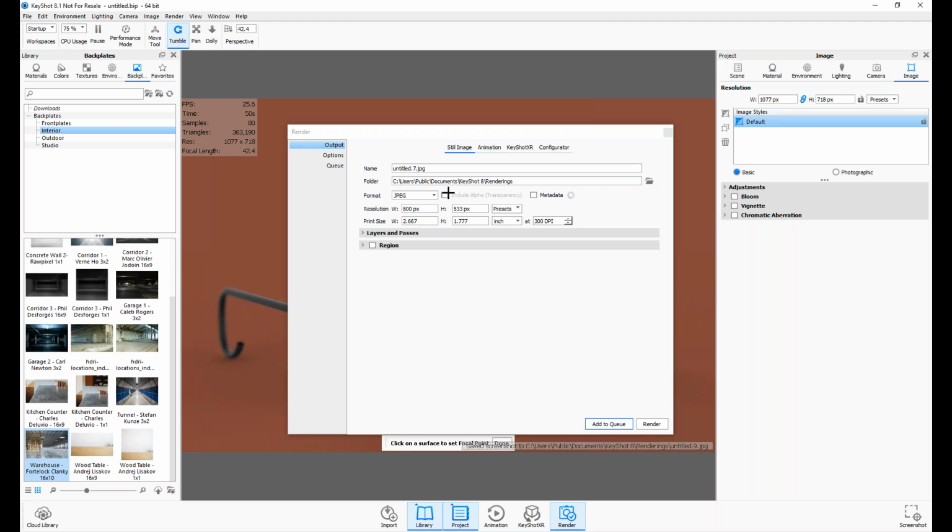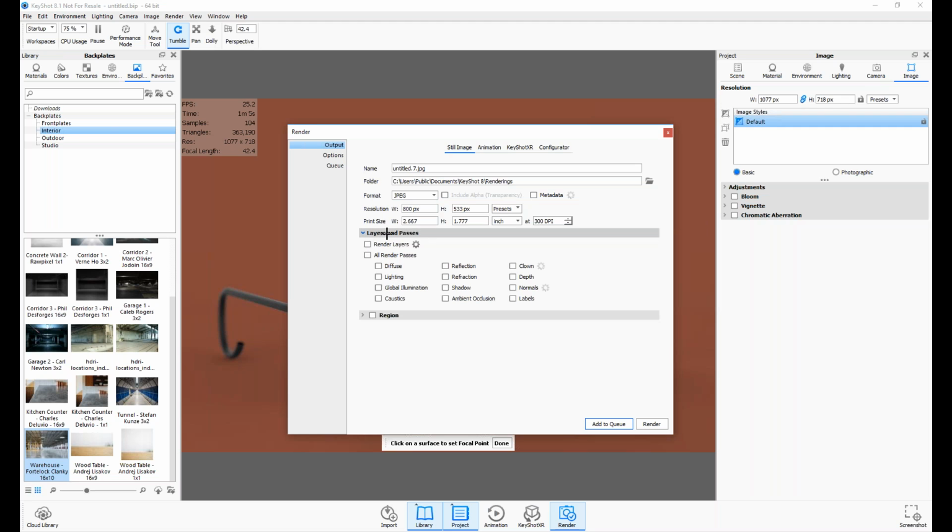render tab, and within the rendering option, we have the ability to give our file a name, a format, and then designate a folder. We can always specify the resolution here as well, and we can choose different layers and passes to export. So if you plan on having multiple passes to increase the quality of a final rendering, you can do that